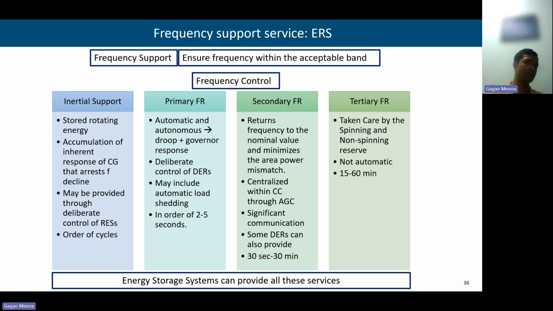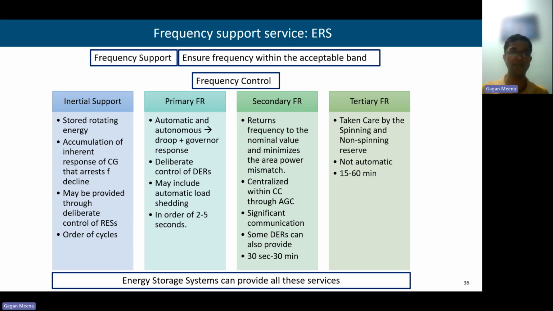Starting with the initial support, which in the conventional generator is available due to the rotating part, and which can also be mimicked by the renewable energy resource converters by using the concept of virtual inertia or virtual synchronous generator. So that's why it is written that it may be provided through the deliberate control of renewable energy resources as well. The next level is the primary frequency response,